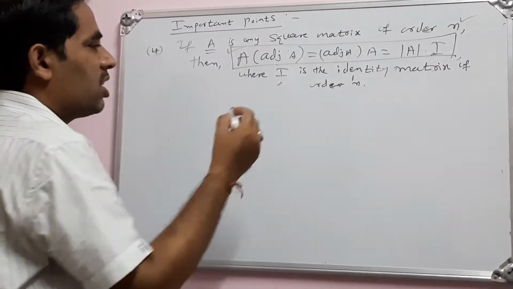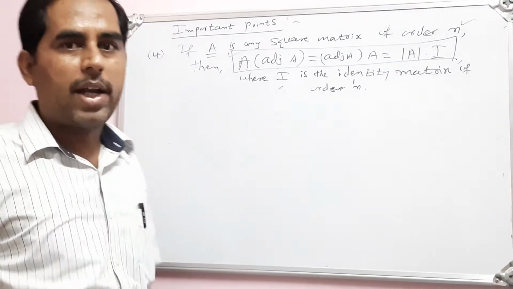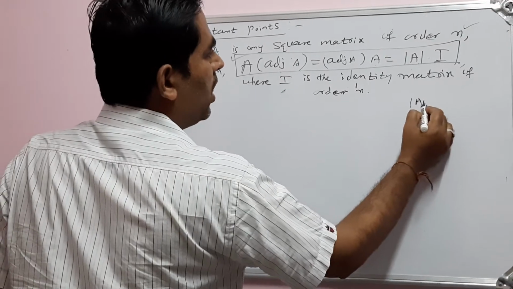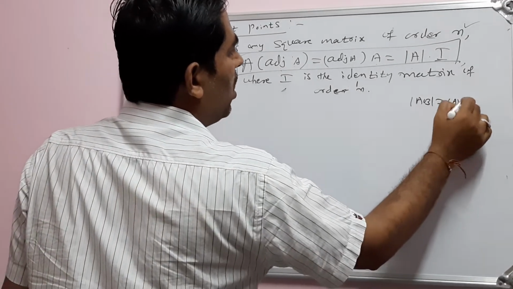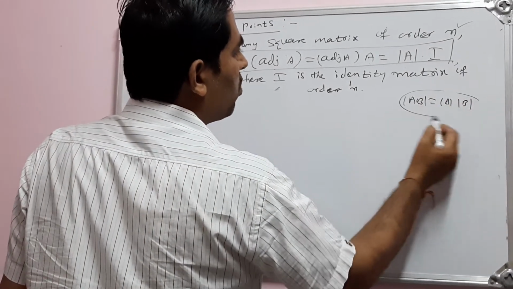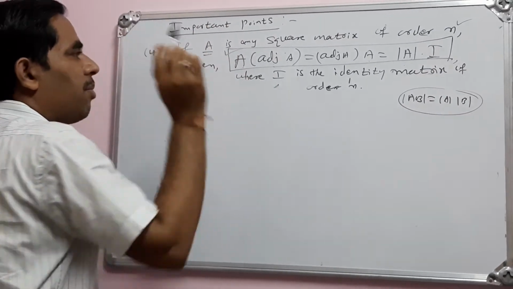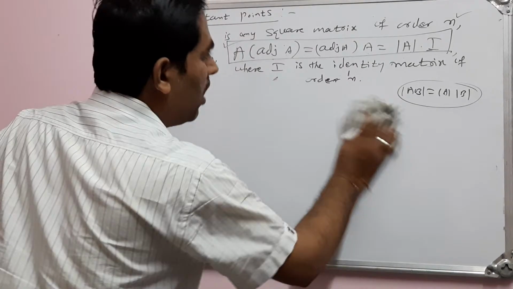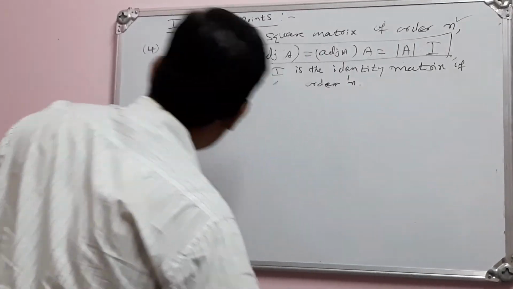So we have got these 4 points covered. See, singular matrix, non-singular matrix. Then third point was, determinant of AB is equal to determinant of A into determinant of B. So this one is also proved. Then afterwards we have proved A into adjoint A is equal to adjoint A into A is equal to determinant of A into I. Okay. So let us go for next basic point.